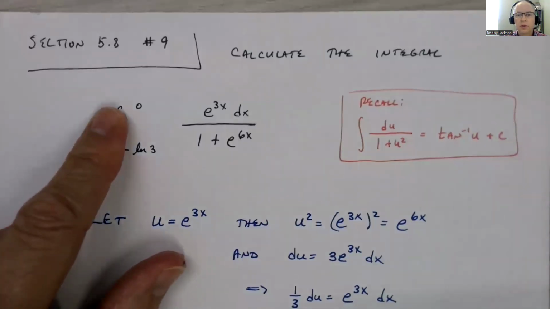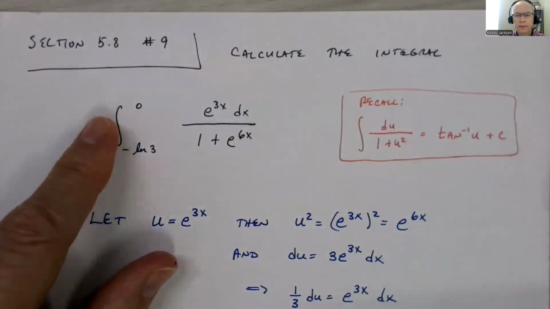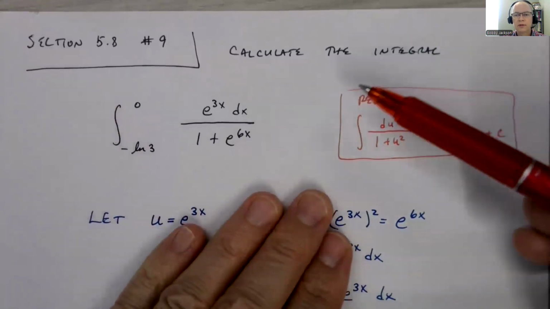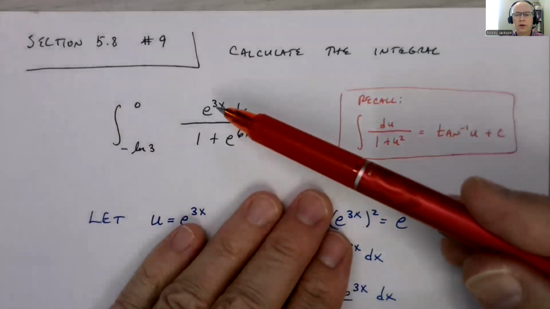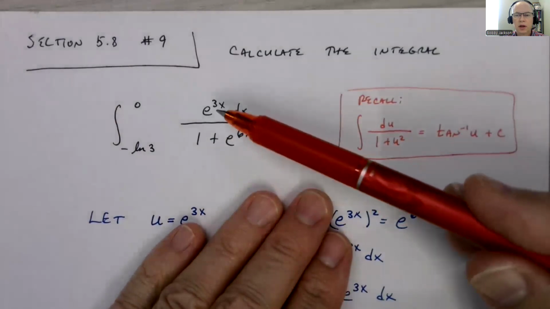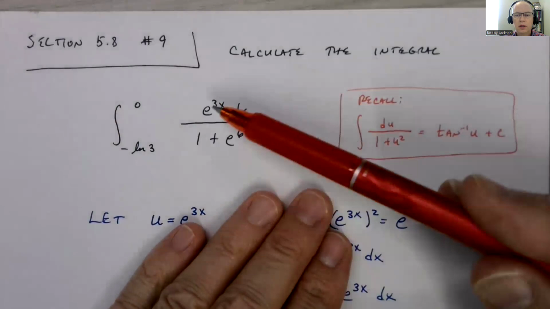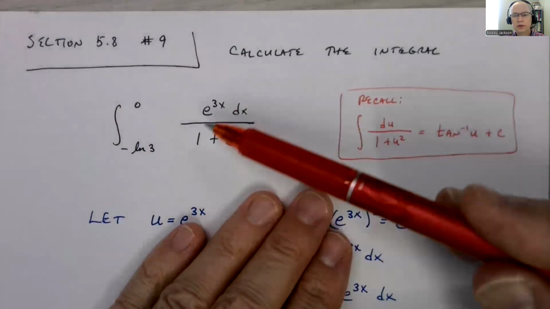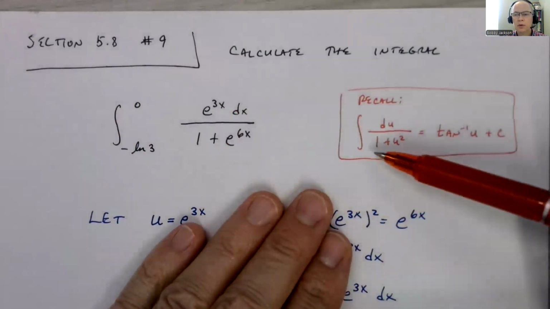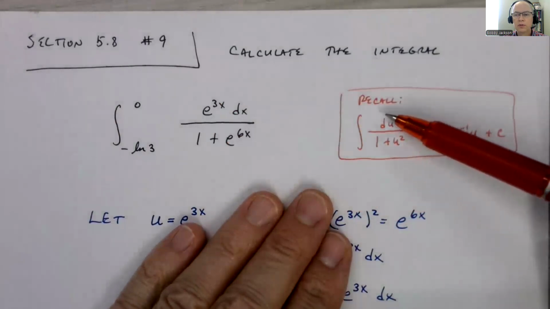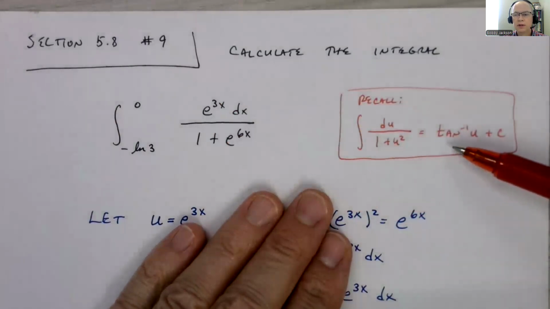Hey everyone, let's take a look at number 9 in section 5.8. We're to calculate the following definite integral. Again, the numbers in the problem you're working on might be slightly different, but should be very similar. Turns out we're going to use change of variables as substitution here. When we do, we're actually going to end up with this integral form, which you should remember evaluates as the